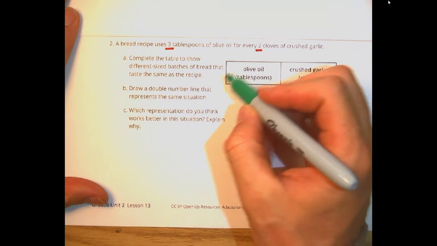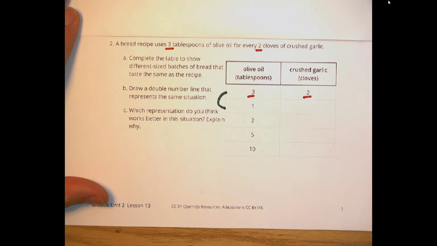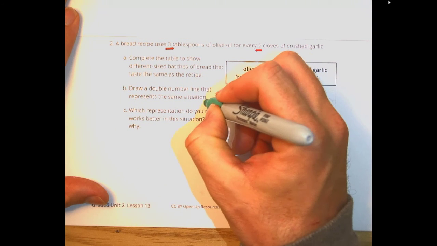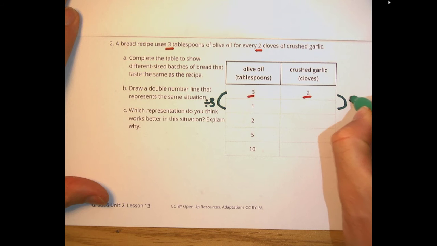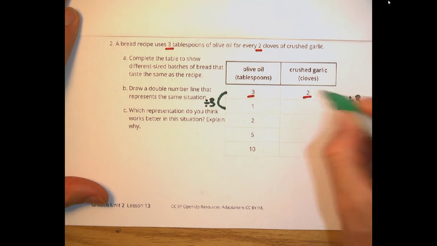So, how do we get from 3 to 1? We divide by 3. 3 divided by 3 is 1. We have to divide by 3 on this side. 2 divided by 3,